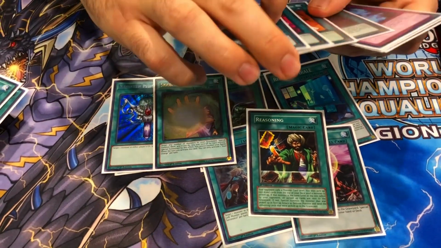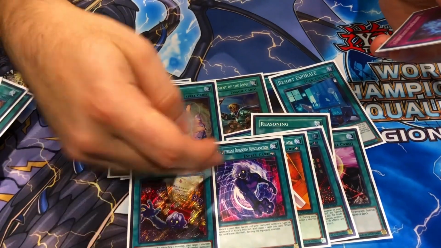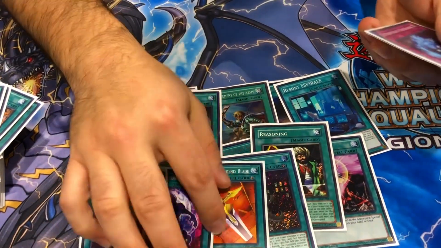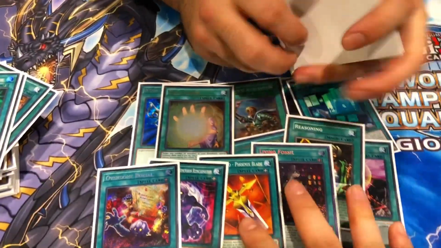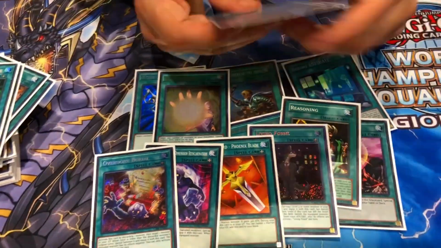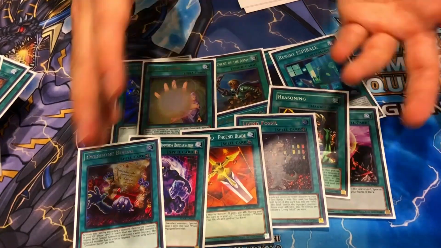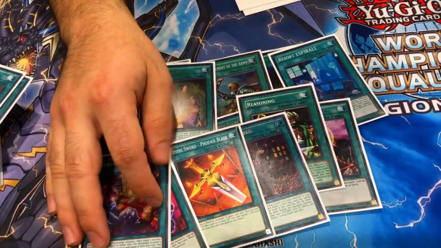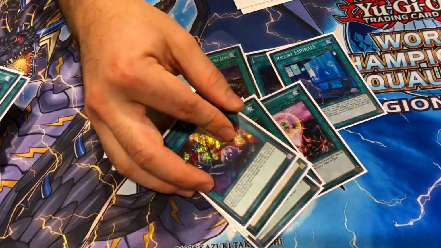So the other equip spells: Overdone Burial, DDR, amazing. Obviously Phoenix Blade and Living Fossil. And there's also 3 Big Reds. So you play 7 equips in total. Nice. So yeah, you play 5 different ones obviously, and you play